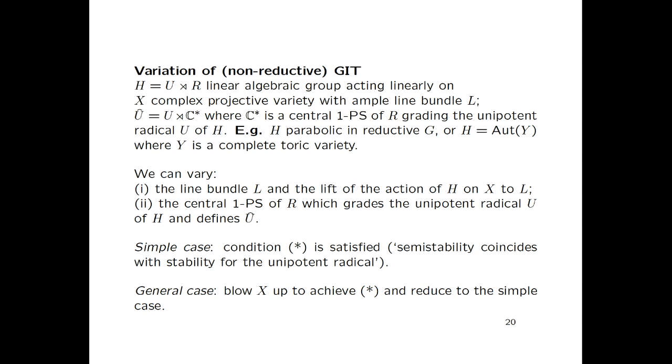So in this situation, we've got a bit more that we can think about varying. We're not just varying the line bundle and the lift of the action of the group H on X to the line bundle, so the linearization. Of course, we've got some constraints on the linearization because we have to be prepared to twist by this character of the central one-parameter subgroup appropriately. And, oh yes, I think I've just realized that I didn't really describe what that twisting was. So the twisting is such that you look at the weights of the one-parameter subgroup